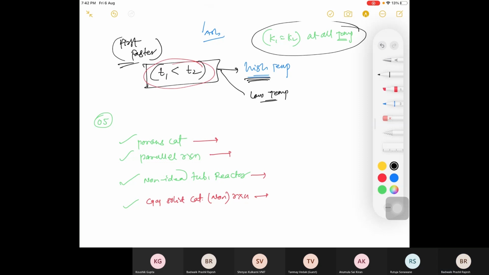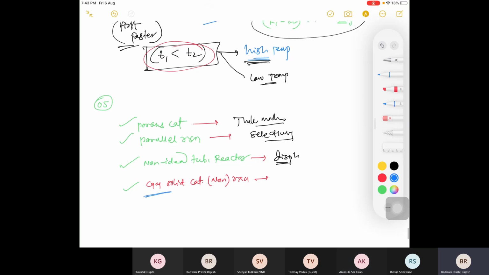Okay. Start. So Kaushik. Yes. Porous catalyst, Thiele modulus. Okay, so we covered this, right? Thiele modulus. Parallel reaction, selectivity. Because I told you whenever there is a parallel reaction, there will be either yield or selectivity. For non-ideal tubular reactor, dispersion number, sir. Dispersion number. I told you in the case of the tanks-in-series model as well as the dispersion model, we are just considering that as a single quantity, right? Then this gas solid non-catalytic reaction.